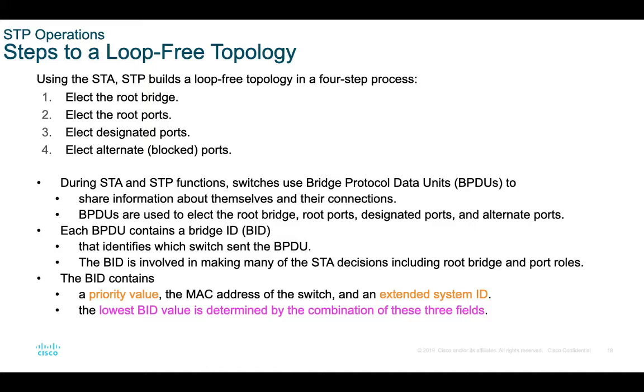So we have switches, of which only one can be the root bridge, but for all the ports connected between switches, we must select a certain port as a root port. Before we select a root port, we need to know what a root port is. And then we need to elect the designated port. And lastly, elect the alternate port, or in brackets they put it as a block.